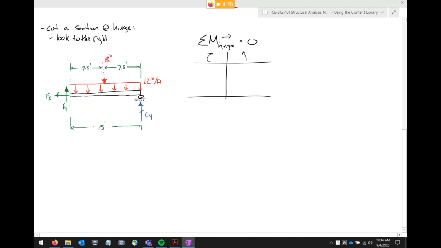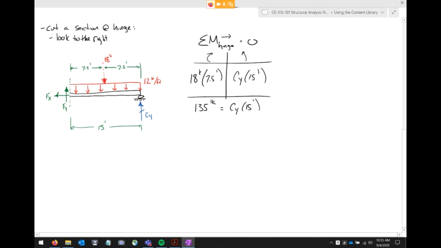Well, sum moments at the hinge. Do I have to consider my Fx? Well, no. That goes right through the hinge. That's why it doesn't really matter what those values are, because when we sum moments at the hinge, we're not going to have to worry about them. So the Fy goes right through the hinge. The Fx goes right through the hinge. The only thing I have to consider is the fact that I've got 18 kips acting at a moment arm of 7.5 feet. I've got a Cy acting at a moment arm of 15 feet. Therefore, what is 18 times 7.5? That's 135 foot-kips